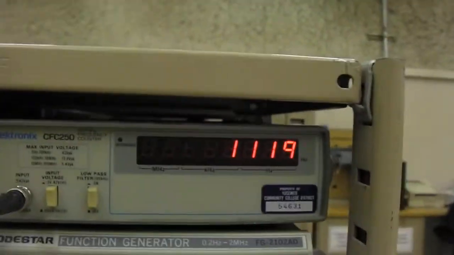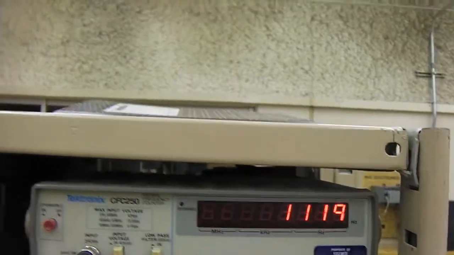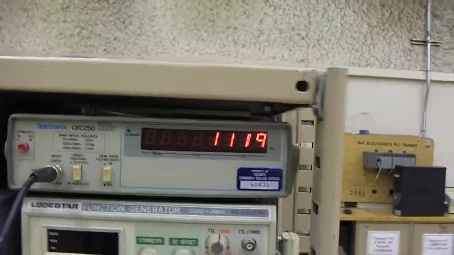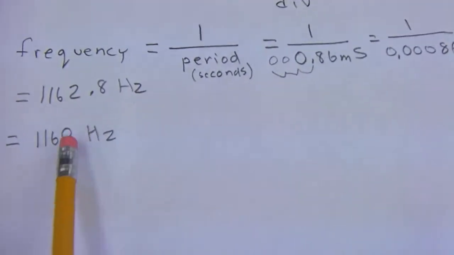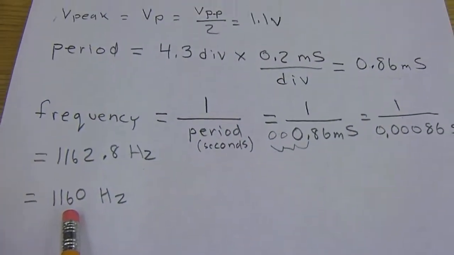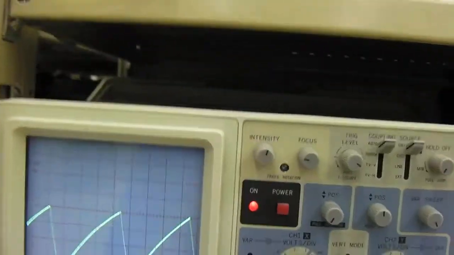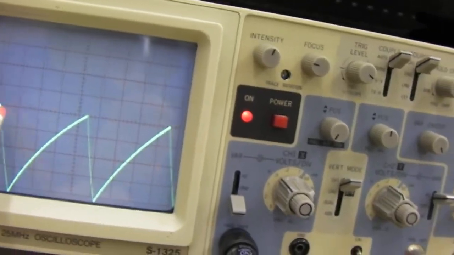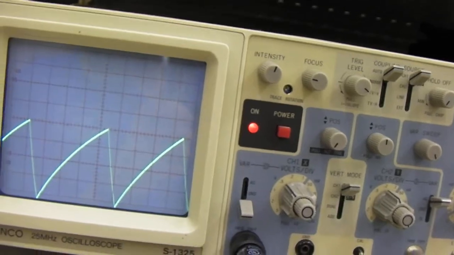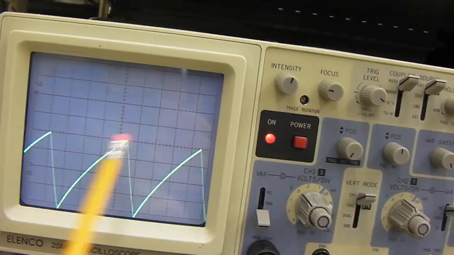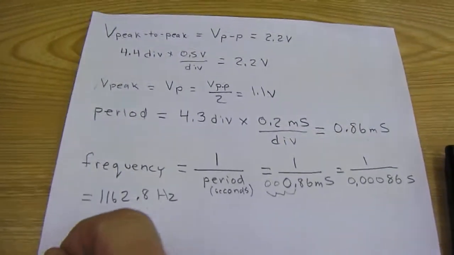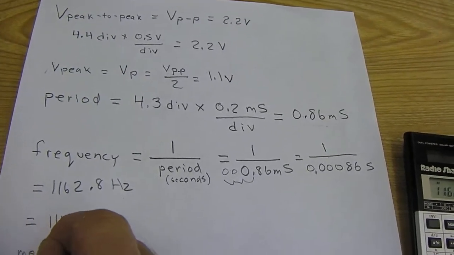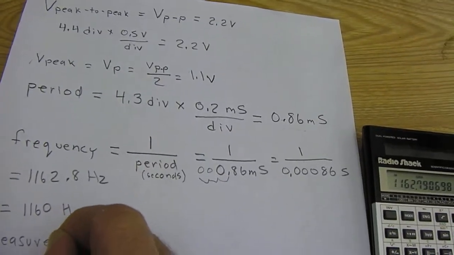The measurement, and that would be very accurate. This device is very accurate. So you can see I have a little error there on the frequency. I was basing my measurement on the time period that I measured here. Well, I'm interpolating, based on the screen, and it's easy to make a little mistake one way or another, but that's pretty close. 1,119 versus 1,116. So measured is equal to